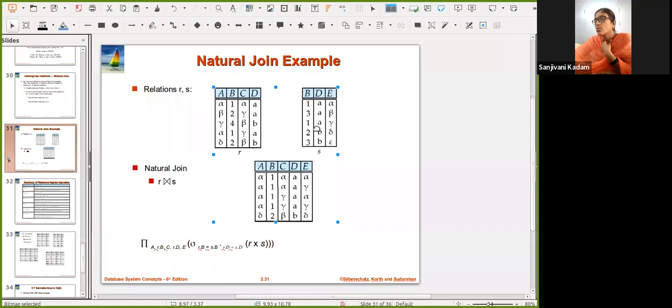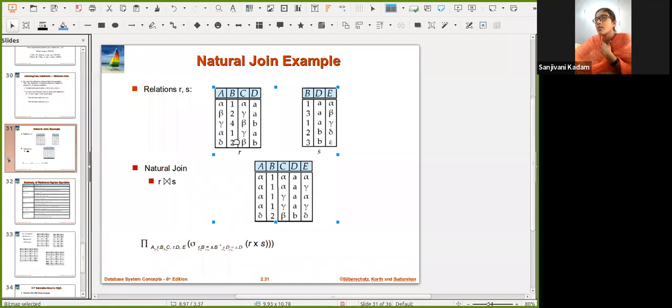Okay, so there are two tuples in the first relation and there are two tuples in the second relation, R and S. It means that in total we should have 4 combinations of 1a in the output, and it is available. See, the first relation, let us take this as the first record, alpha 1, alpha A. 1A matching. So here we got alpha 1, alpha A and alpha. The first matching record. Then 1A is matching at this point also. So along with this, I should have a gamma combination. So here I can see the gamma combination.